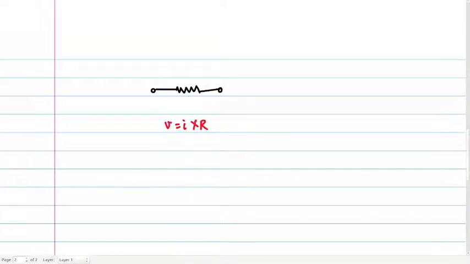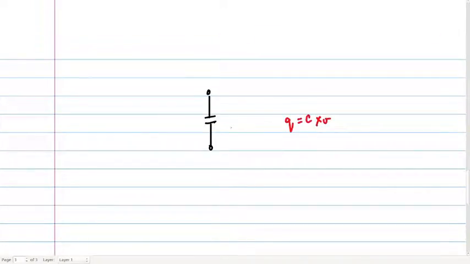Now, the resistor has a governing equation V equal to IR, which says that if a potential V is applied across its ends, then it will respond by sending a current through its ends. If we increase the potential applied across the device, the current through the device will proportionally increase or decrease as the case might be. For a capacitor, the governing equation is slightly different, and it says Q equal to CV,